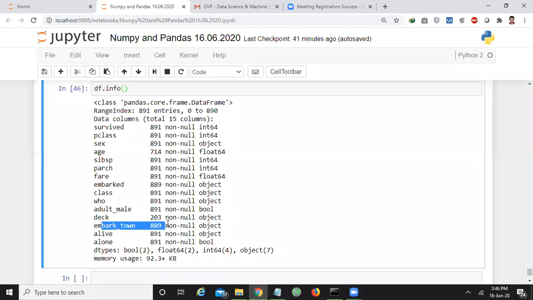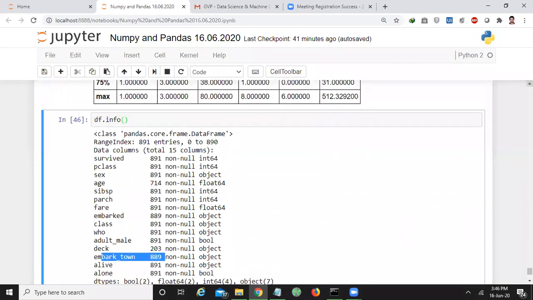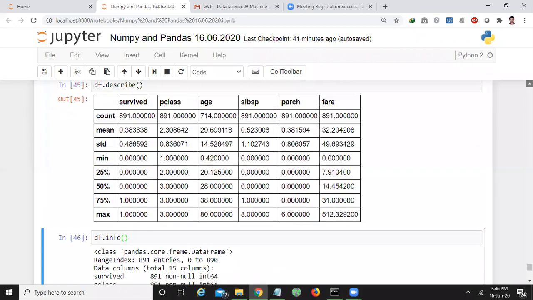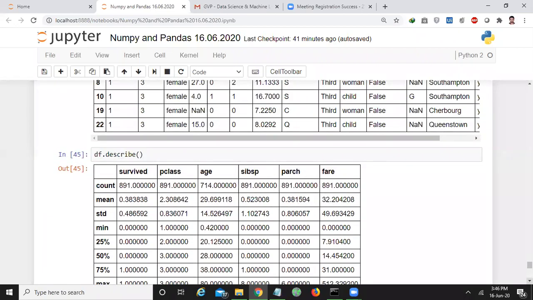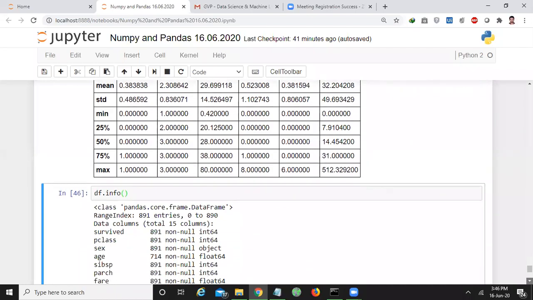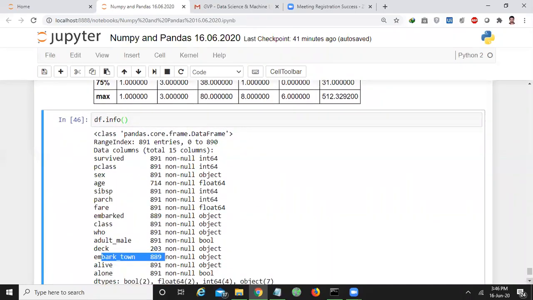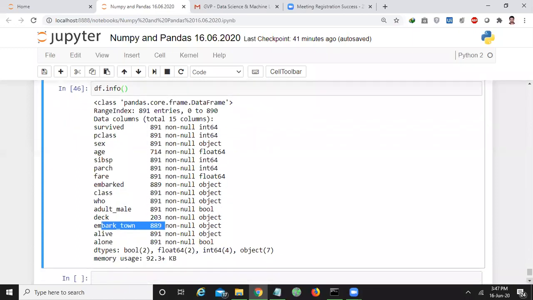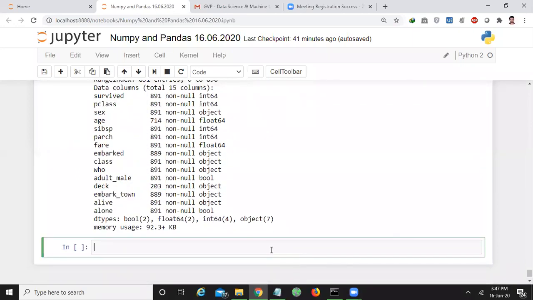That means we have missed only 2 passengers' data there. Okay. Before you do the required study, you can use this df.describe and df.info. These two functions will give the consolidated study of the entire data. Okay, am I clear? Okay.